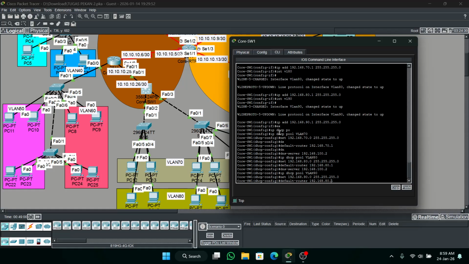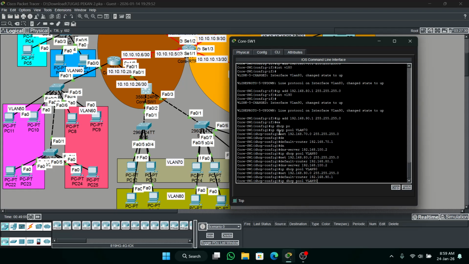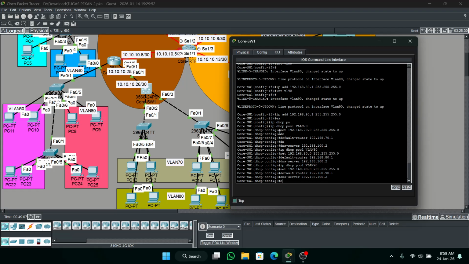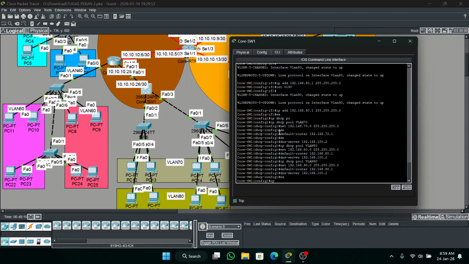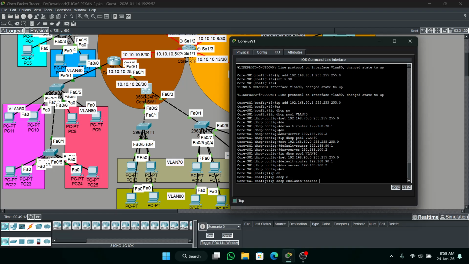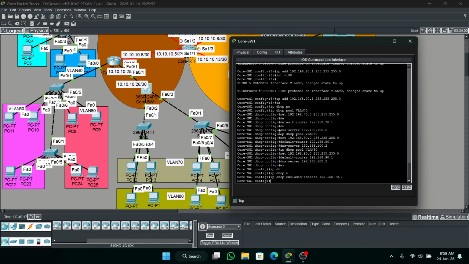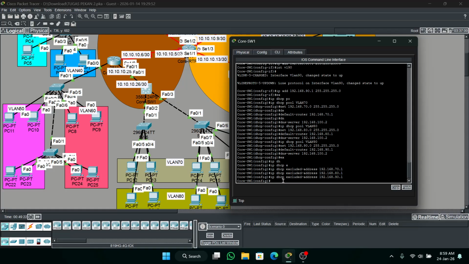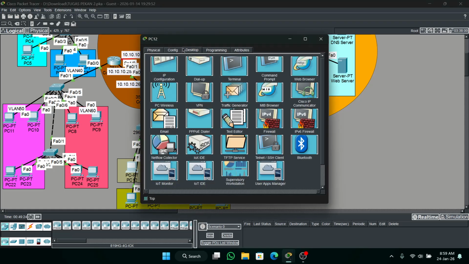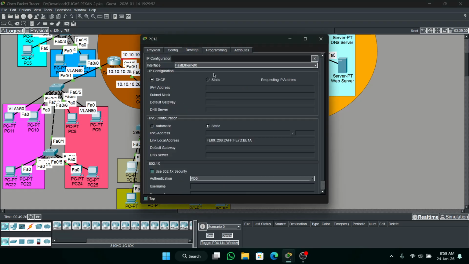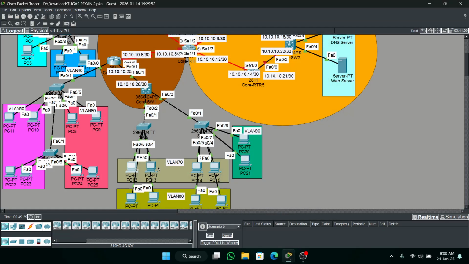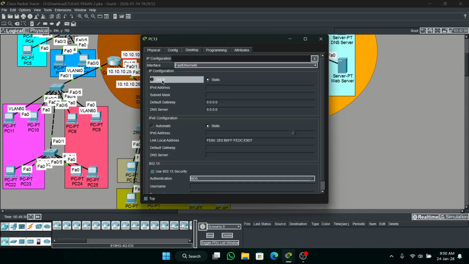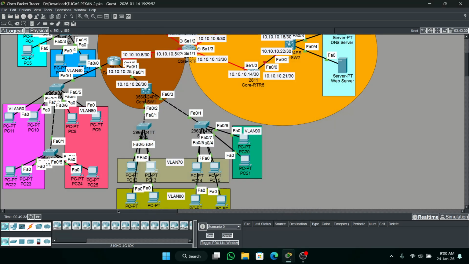Okay, default router is 91 and then the DNS server is okay. And IP DHCP excluded address. Tap every gateway for every VLAN. Okay, check the DHCP. Okay, successful.